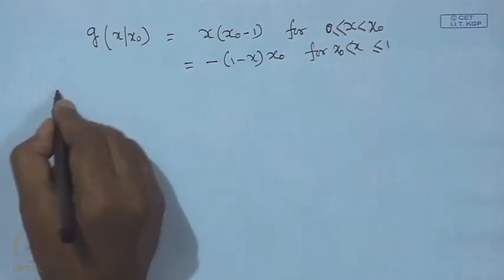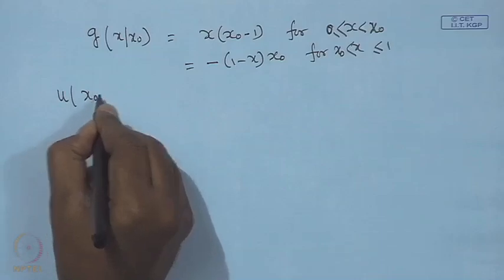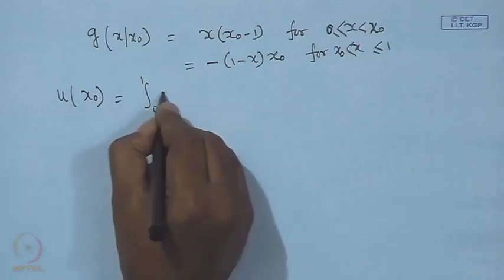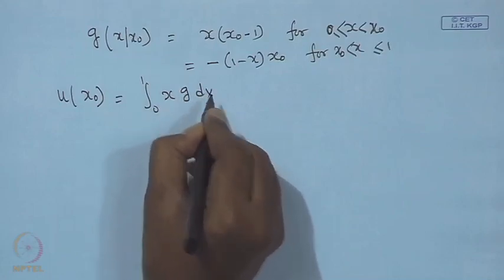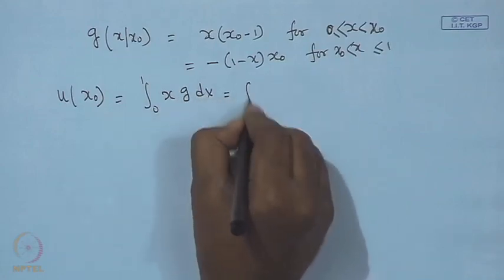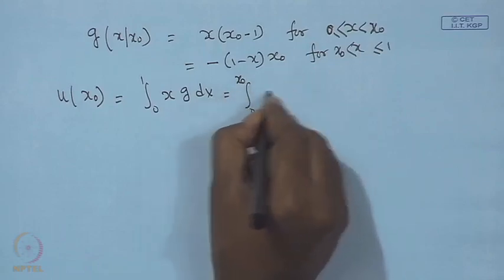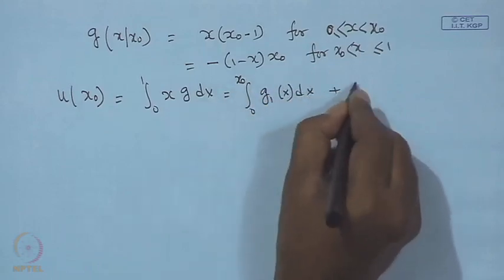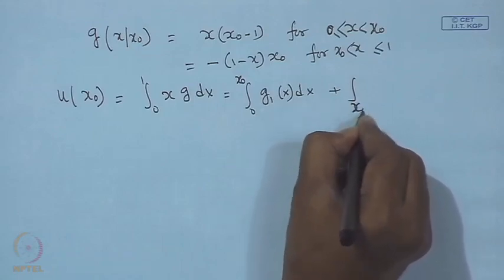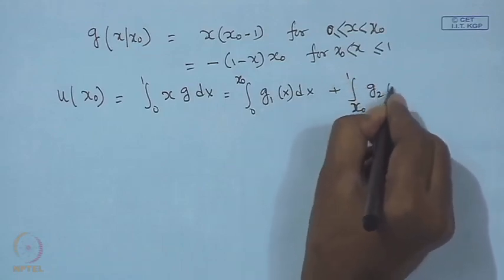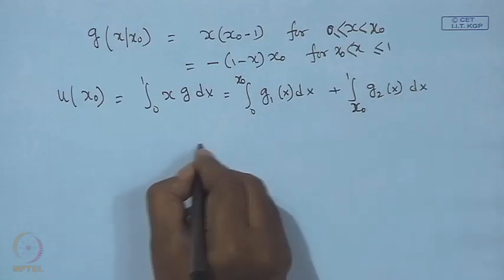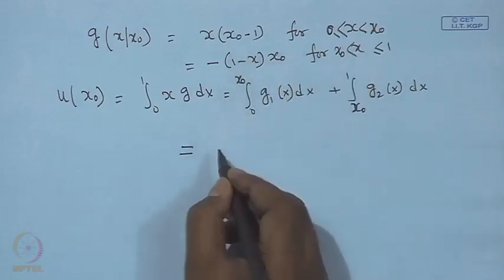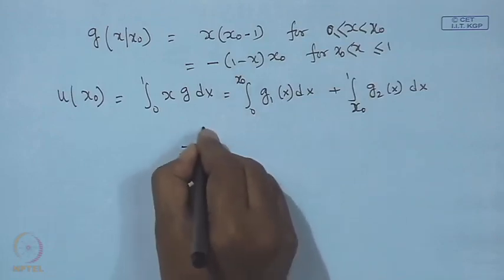So, what do we do? We put this expression and we break down this integration on the right hand side, x g dx, into two parts. One from 0 to x naught, we write the solution g 1 x dx, plus x naught to 1, g 2 x dx. So, we put the 0 to x naught, we put the lower half solution integration 0 to x naught